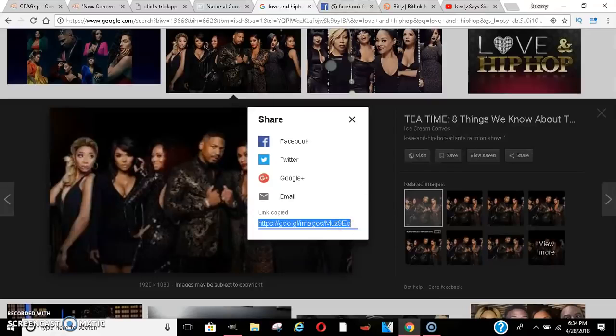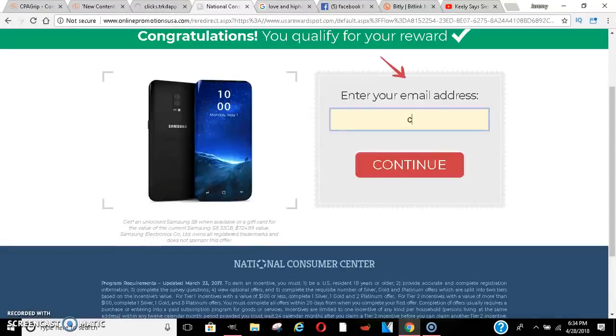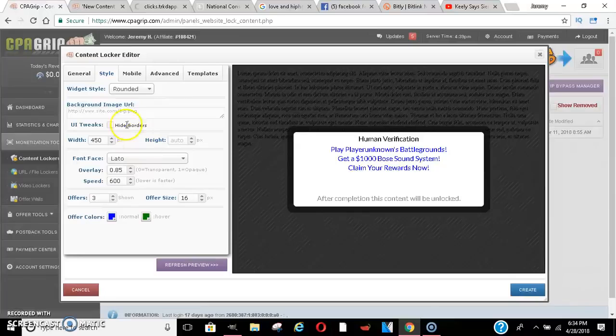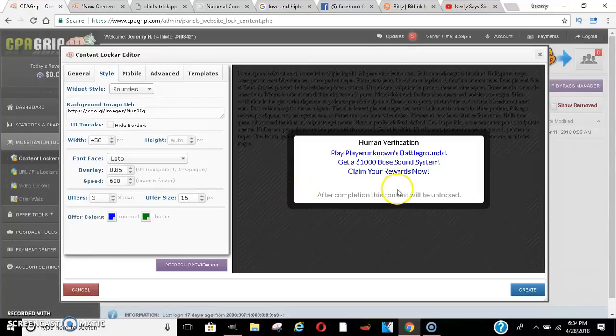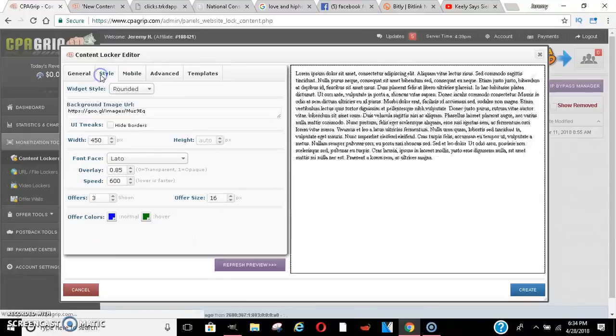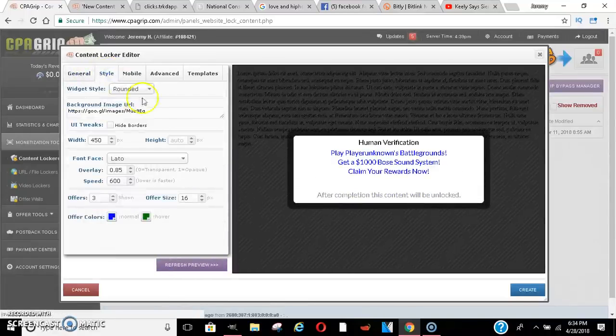From there, you would just paste right here, and then I believe it should show up. It's something like that. I only did it once, so I don't know exactly, but I'm pretty sure that's how you do it. So you would just paste the background URL here that you want to show up in the background.